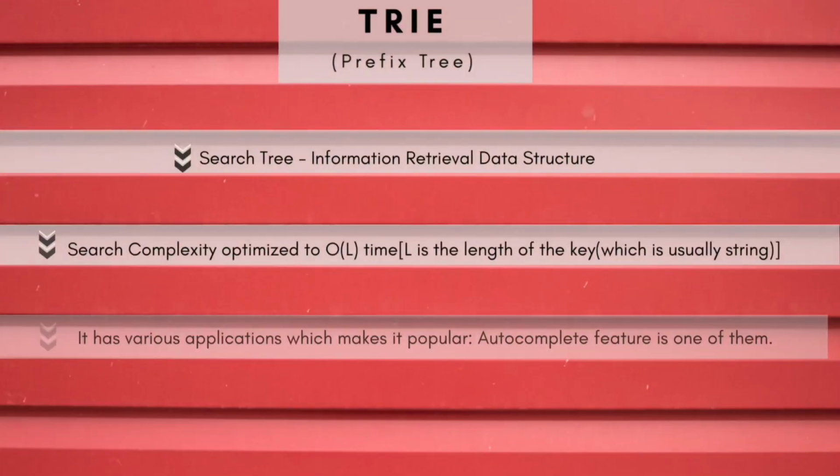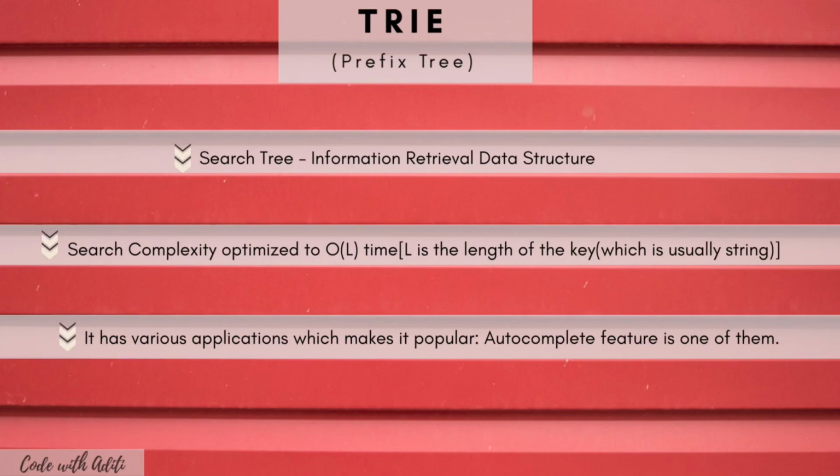Hey guys, in this video we are going to discuss a very famous data structure, that is trie, also known as prefix tree. A trie is an efficient information retrieval data structure, and because of its immense importance, it is widely asked by many interviewers and they frame questions such that they revolve around tries most of the time. That is because by using tries, the search complexities can be brought to an optimal limit, that is the key length, where keys are usually strings.